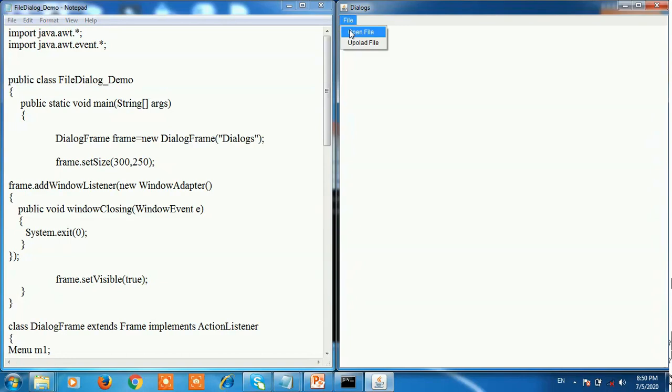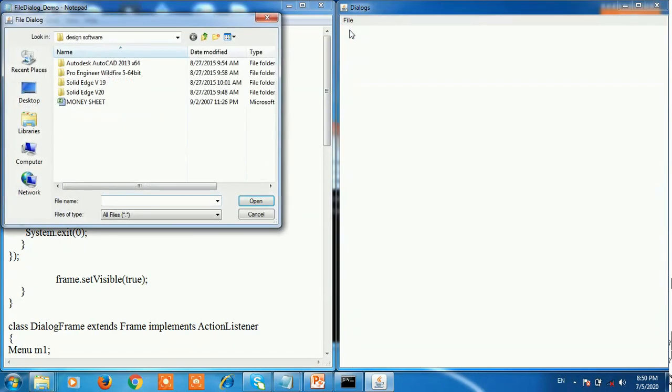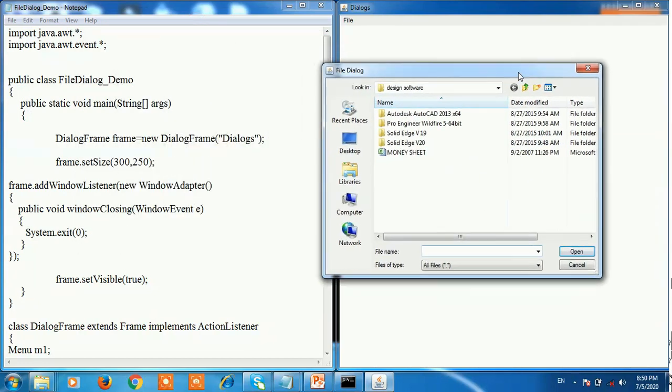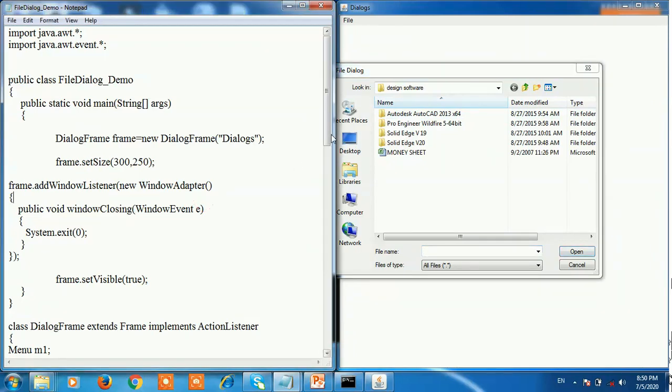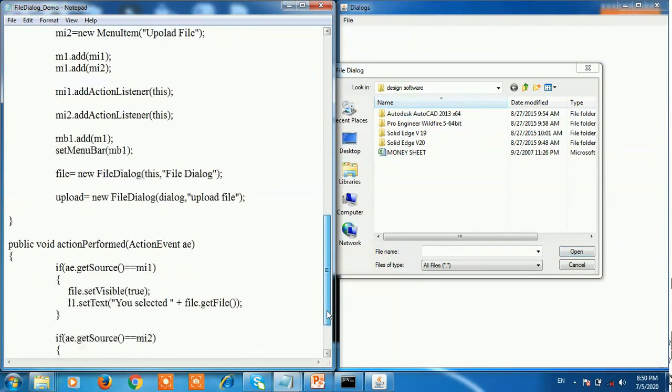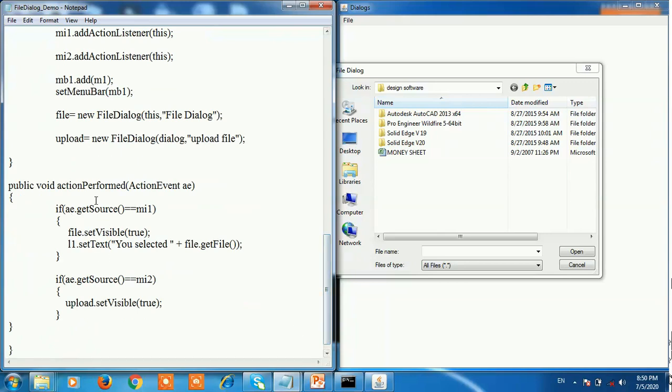So when you click on Open File, here the open file dialog is opened, meaning when you click on Open File, then the click event is performed.